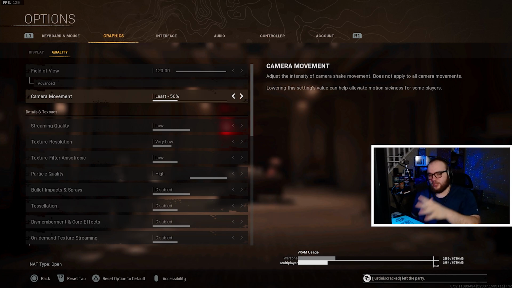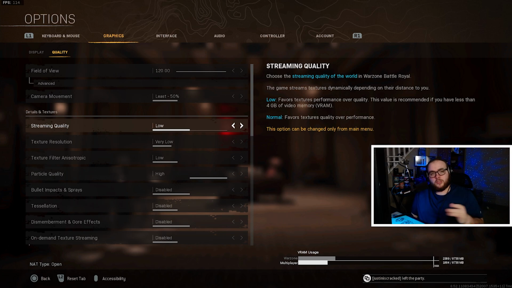You don't want any camera shake. You don't want any sort of distraction when you're playing, when you're frying, when you're cooking the entire lobby. You don't want any distraction with screen shake. That is so stupid. You just need to put this on 50%. Trust me. Moving on to the details and textures, these are all going to be set to low,